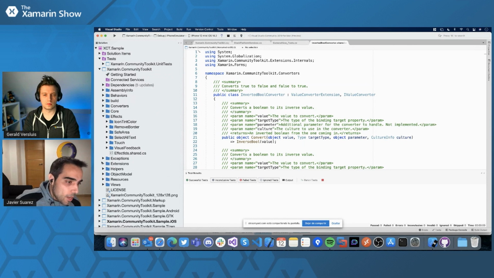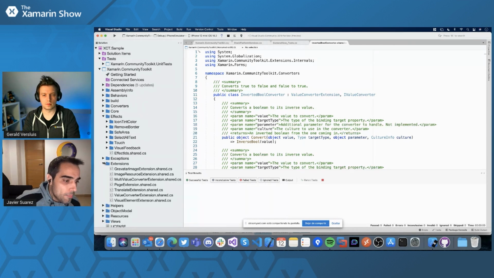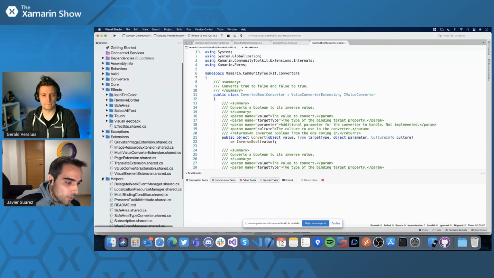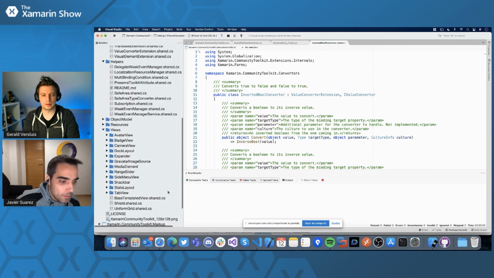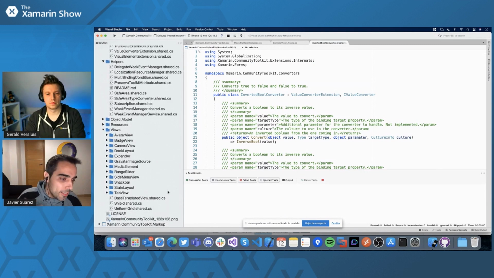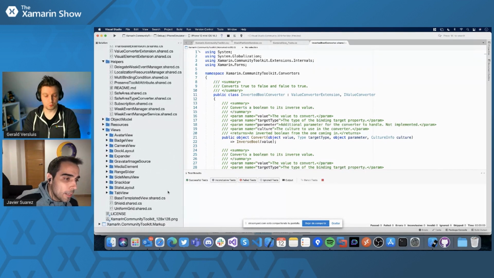And then, of course, we have some extensions, some helpers, some other elements, and probably the most interesting and used elements are the views. There are many views. There are, for example, the AvatarView to show avatars, the BadgeView to manage badges, and the TabView, which is a very interesting one to create tabs with high possibilities of customization.